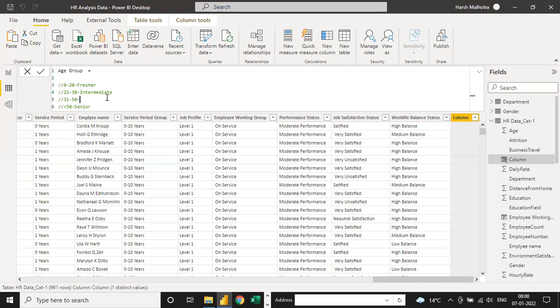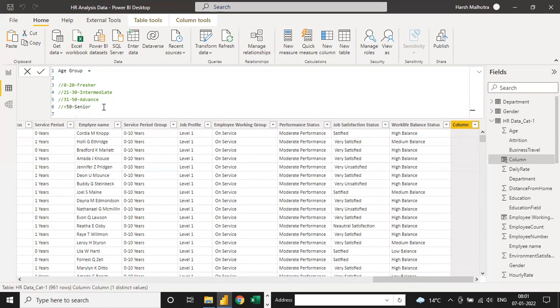Advanced, here you can write it as 31 to 50 is intermediate. Yeah, advanced, okay. And here is senior. Like this way you have to write your condition: fresher, intermediate, advanced, and senior.